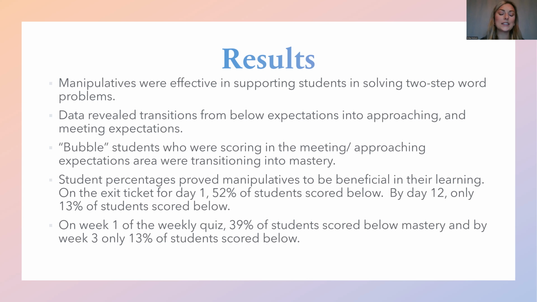In the last bulleted point, I stated on week 1 of the weekly quiz, 39% of students scored below mastery. And by week 3, only 13% of students scored below. Again, that just claims that the math manipulatives that are being implemented are supporting students and growing and transitioning from below, approaching, or meeting on into mastery. That's not saying all of my students met mastery by the end of this implementation process or by the end of this research study. However, what I